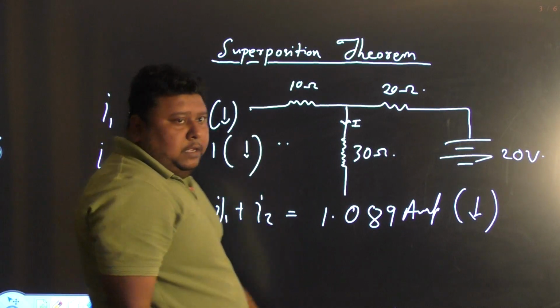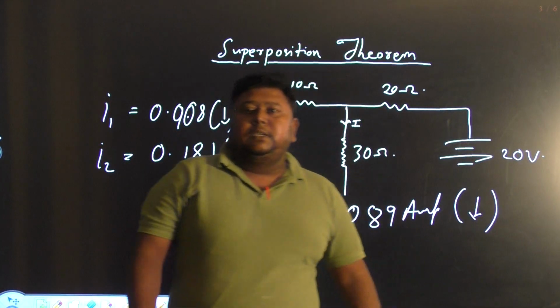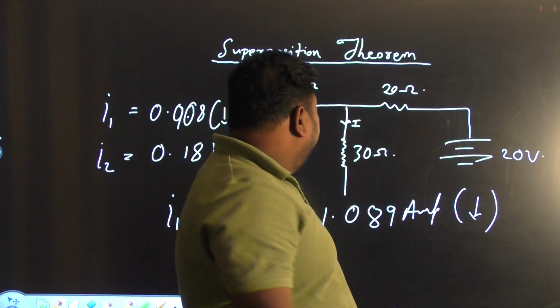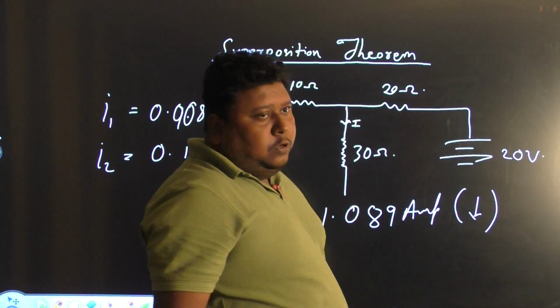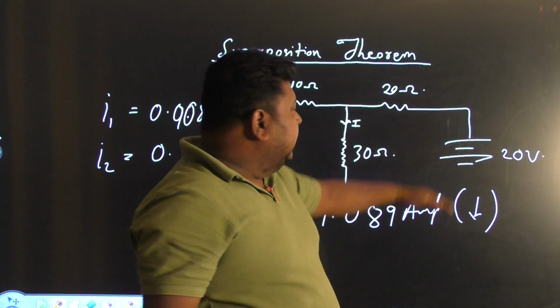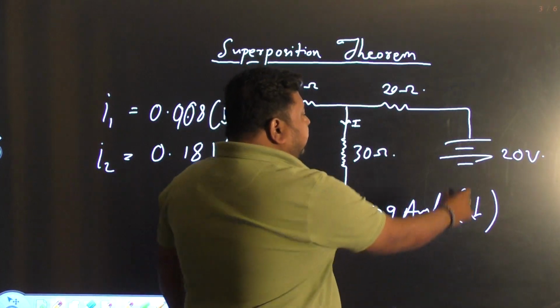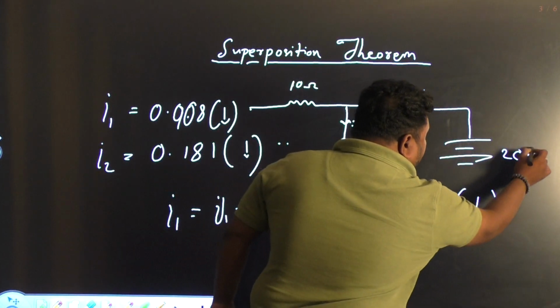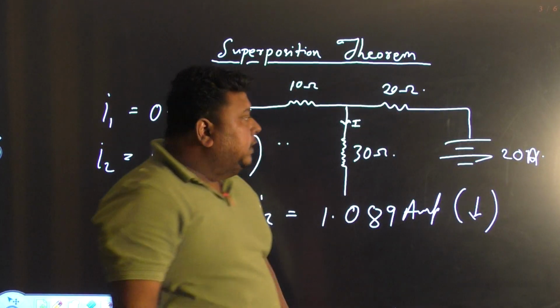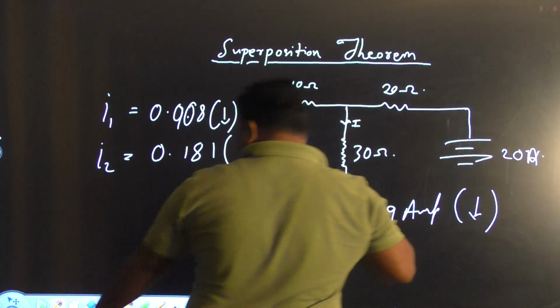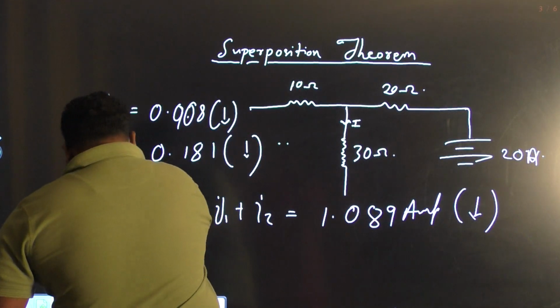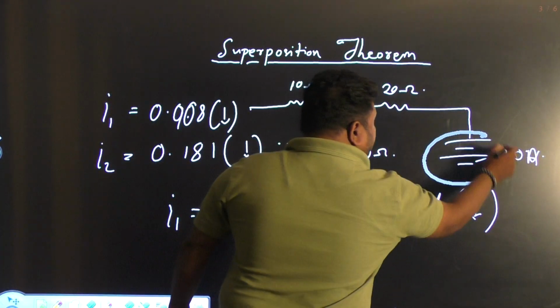Hope you have got it, how to solve problems by applying the superposition theorem. Yes, I have not shown a current source over here, but for a current source, you can simply open the circuit. For example, if here is a current source of 20 ampere rather than 20 volt, what you can do is just eliminate this. I am showing it with an example.